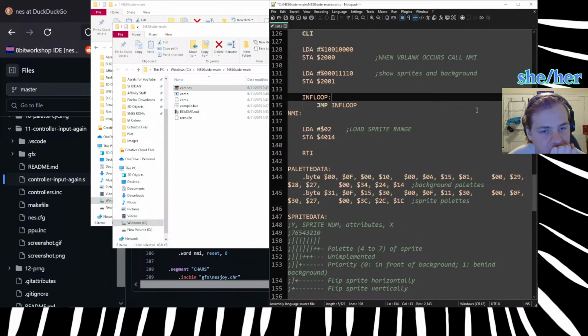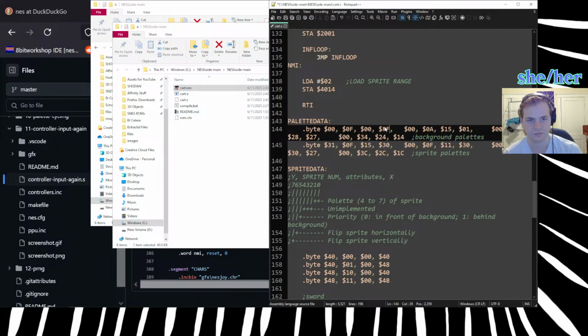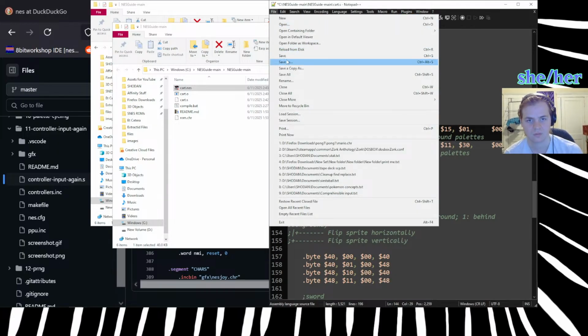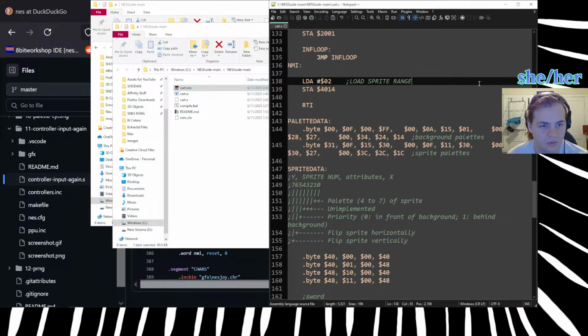All right. So what happens if I just make this FF? No visible change. Oh, straight dots. Okay, so